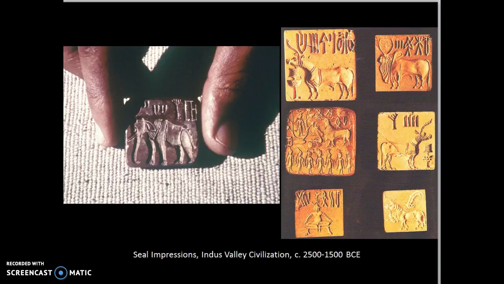The subject matter is usually animals, some animals standing before an altar, which we can see up here or over here. Some of them are a little bit more naturalistic and some of them are highly stylized. It just sort of depends. But they do have well-modeled surfaces implying dimension. They were probably used for sealing packets. They also express a pictographic script, which has not yet been deciphered, but you can see that right here and over here as well.